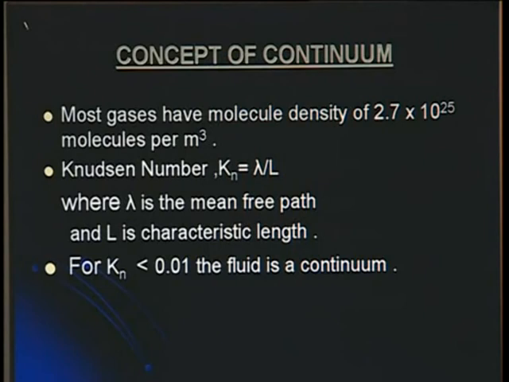Now, since this mass is a function of the volume and volume is a function of the length, we have defined the Knudsen number, which is written as Kn, K subscript n, equal to lambda over L, where lambda is known as the mean free path and L is known as the characteristic length. Suppose in this room we have a length, a height, and a width also. So, you can take any characteristic length. What is mean free path? The average distance between two successive collisions of a molecule is called the mean free path. So, mean free path divided by the characteristic length is known as the Knudsen number.